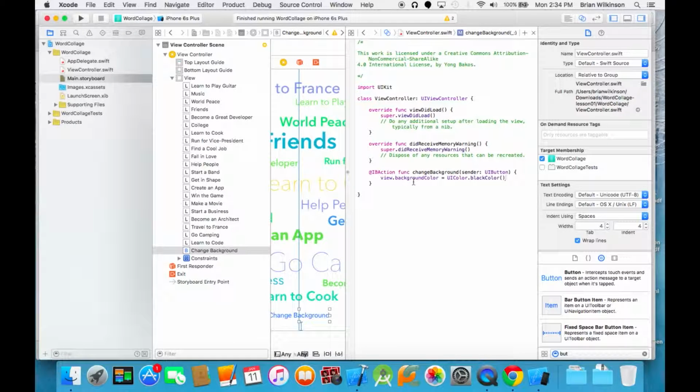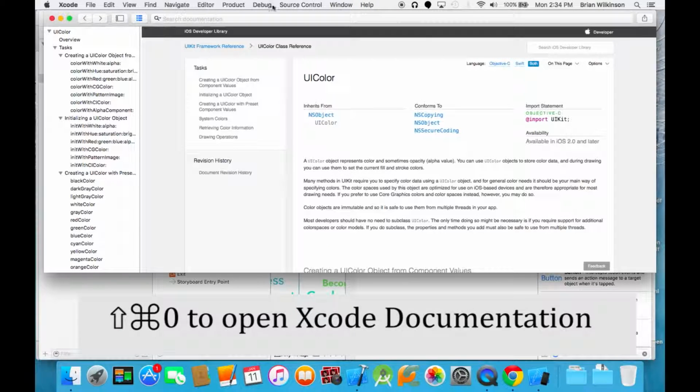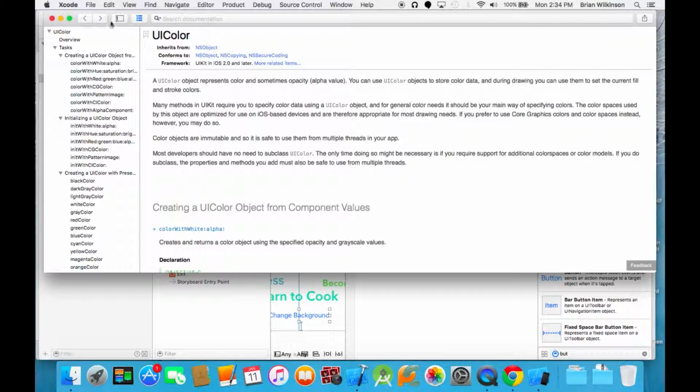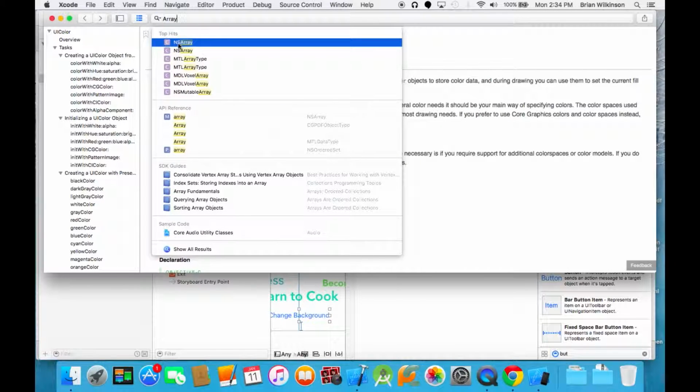So let's say I wanted to change to other colors, but I'm not sure what other colors are available to me. I can use the Xcode documentation and reference, which is Shift-Command-0. And that opens up the help, and I can search the documentation to help me find information. It's very easy to type, like if I wanted to find out about, I don't know, an array, I could type in array, and I could see the different array information. But I do want UI color,